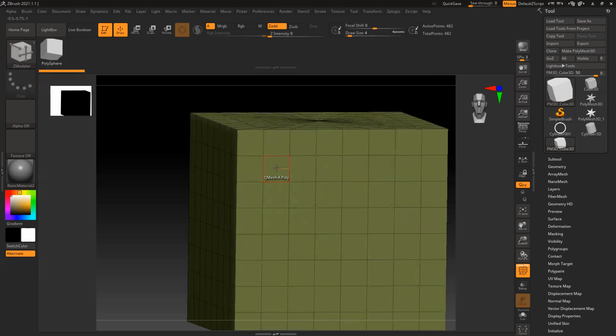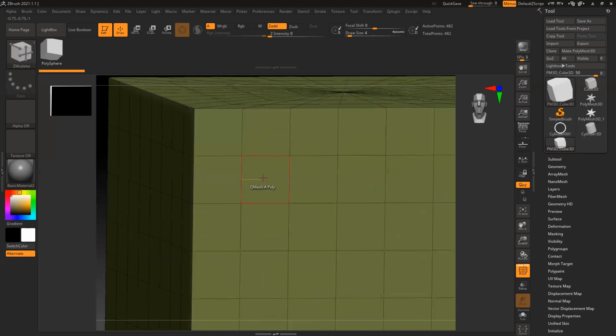You don't switch, you just hover over that thing. If you're in face mode, you can see the face, and that orange line is basically the direction in which the face is going to work. This is the edge, this is the vertex. There's nothing to switch, you just point the mouse and go there.